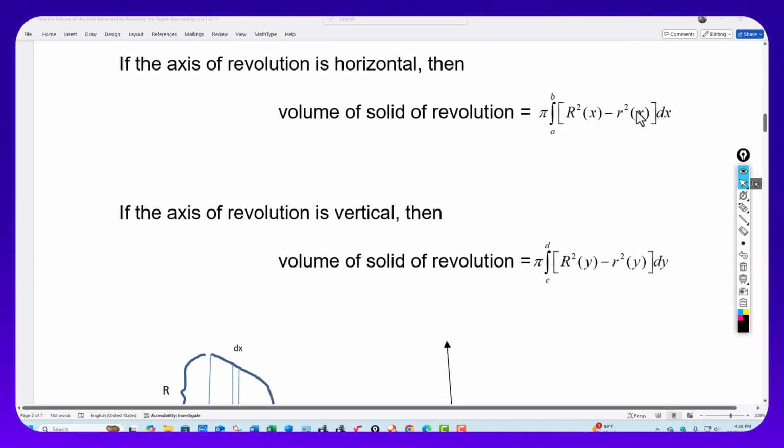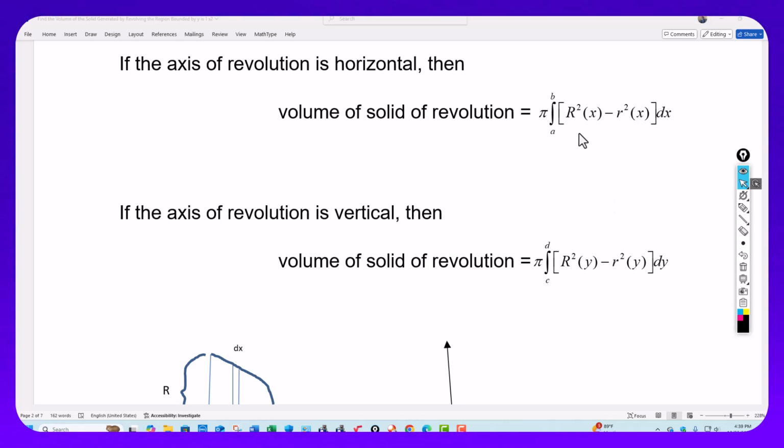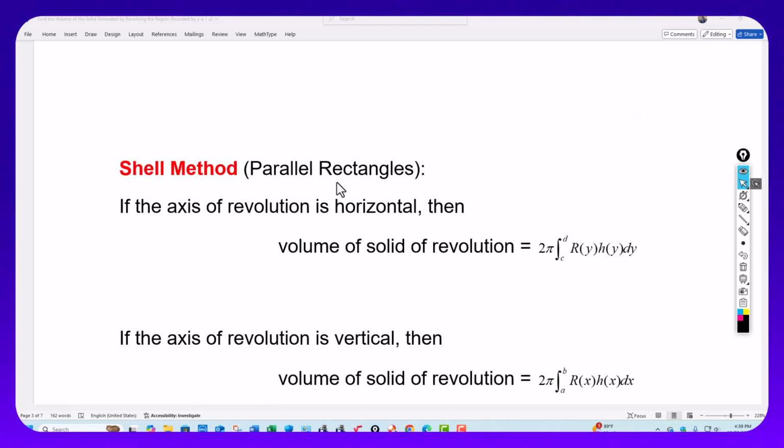Now over here, if r is 0 in either one of these forms, then that's just called the disk method. If r is not 0, your disk is going to have a hole, and they'll call that the washer method. Now if the representative rectangle that you form is parallel to the axis of revolution,